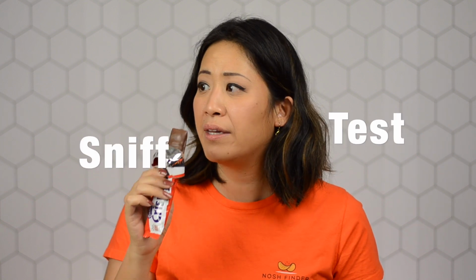Oh, I thought this was the chocolate, but it's actually paper. I almost ate it. Paper, not edible. And then this is the bar. All right. So when I look at the bar, it's a bit of a flatter version of all the other candy bars. So it's a little bit on the flatter side, not as soft as some of the other candy bars I just tried. And when I smell it,